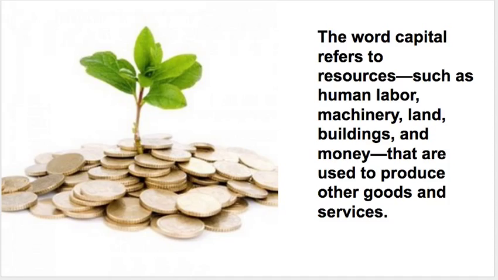When we talk about capitalism, the actual word capital refers to the resources. So that could be the actual labor, the machinery, the land, the buildings, the money, in order for you to run your business. So in order to have the required capital for that lemonade stand, you might need a little bit of money to set up your stand. So you're going to go buy the wood. You're going to need a nice chair. You're going to need to figure out how you're going to get the juicer, and again, how you're going to get the actual lemon. So all of that put together is capital.